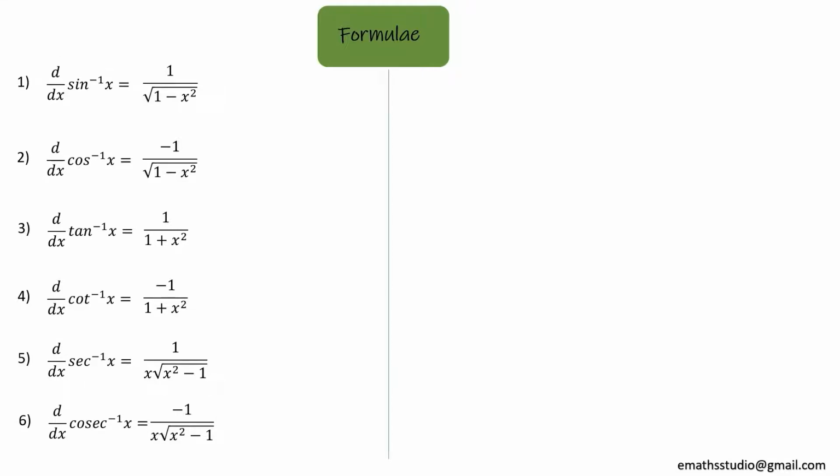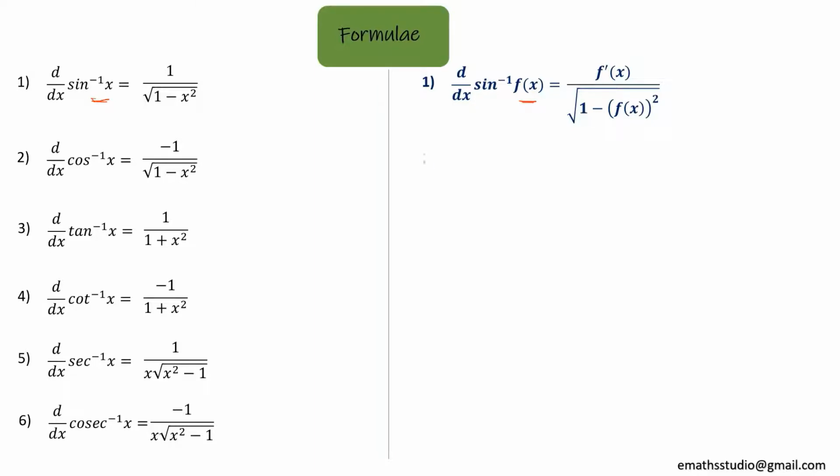Now, I would like to modify these formulae with reference to the chain rule. The new formula is the derivative of sine inverse of f of x. Observe here you had x, now we have f of x. And then the derivative of this is 1 upon root of 1 minus f of x the whole square into the derivative of f of x, that is f dash of x. So f dash of x is coming in the numerator. Since x is replaced by f of x, I am writing 1 minus f of x the whole square in the denominator, and the numerator is now f dash of x.